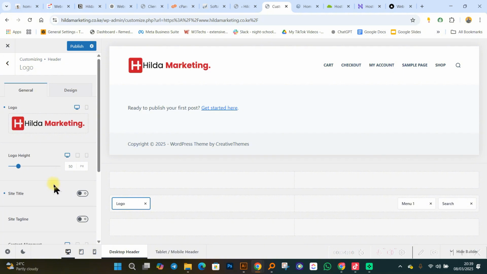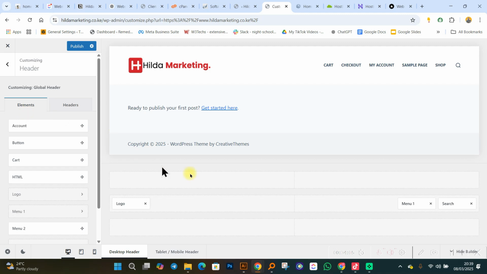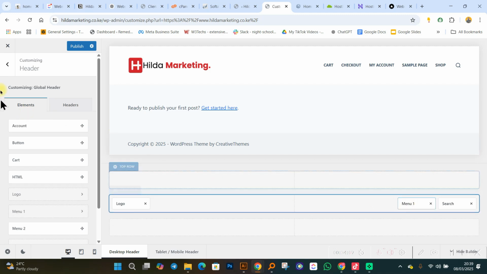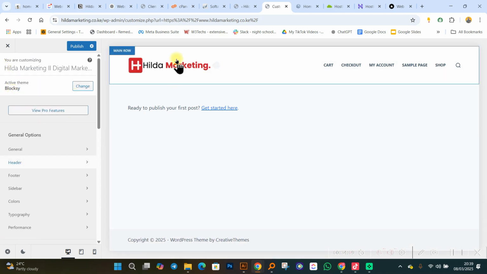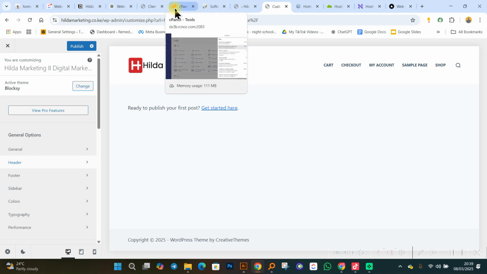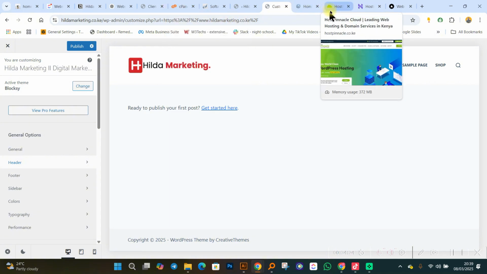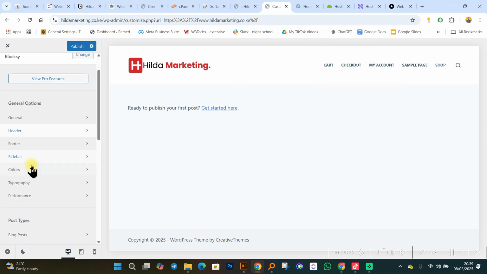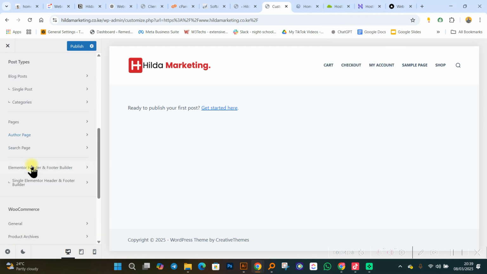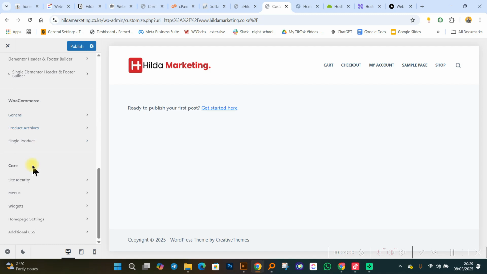Then, if I click on back again, I can customize a number of things over here. But before I get to that, how many people, when you open a website, can see this certain icon over here? Every website has this icon. Like if you look at this, these are icons that you have. That is what we refer to as a favicon.